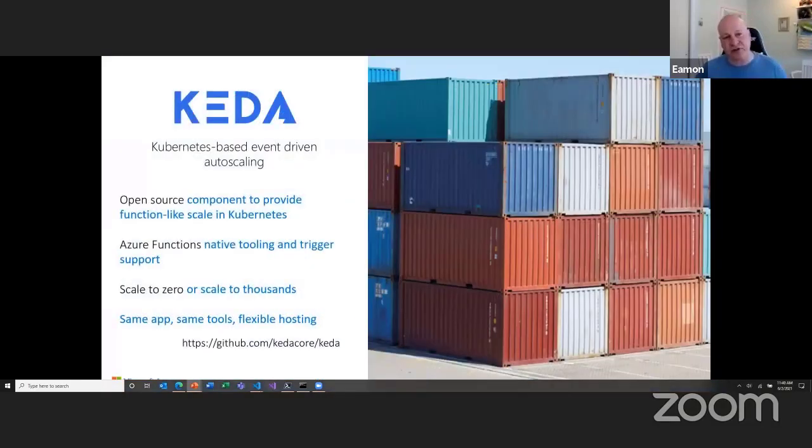But one of the things we've also introduced, working with Red Hat, is Kubernetes-based event-driven autoscaling, or KEDA. What KEDA allows you to do is use all of those scaling capabilities we have inside of Azure in your own environments as well. So if you have a Kubernetes environment, you've taken the Functions runtime, and you want to do your own serverless environment and build everything out yourself on Kubernetes, you could take KEDA and get very similar capabilities to what we provide in Azure in your own local environment. That was one of the goals of releasing KEDA to the community and making it available for you guys to use in your own environments. But the other thing about KEDA